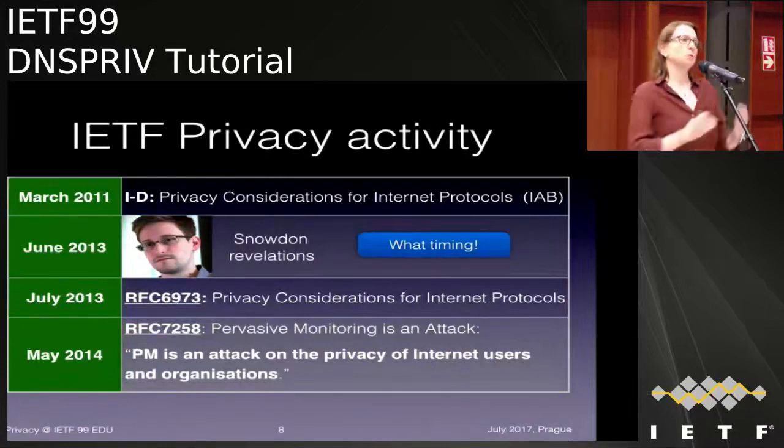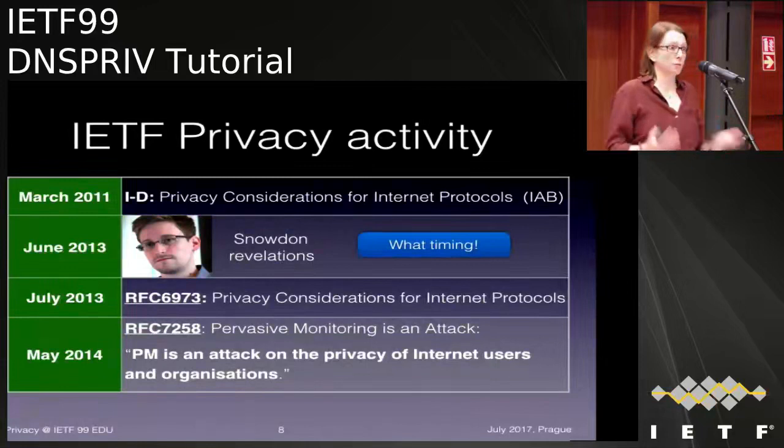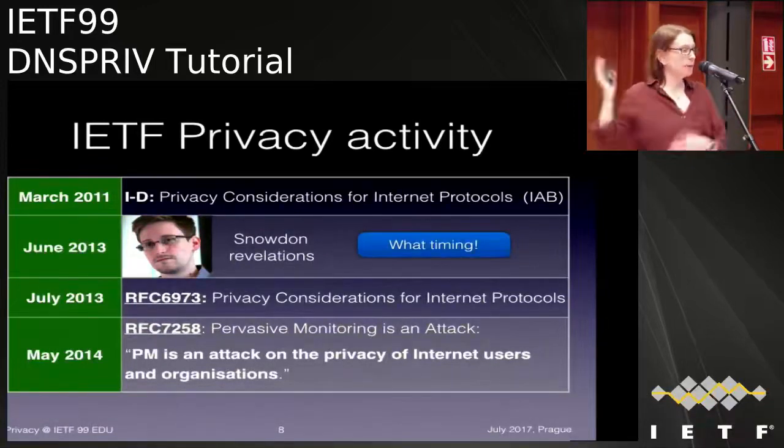The goal of this document was to create a foundation for adding a privacy considerations section at the end of every document to show that the development of that protocol had taken privacy into account. Now, being the IETF, it took a couple of years to get it to be an RFC. And the month before this document was published, a chap you may have heard of called Edward Snowden revealed what the NSA had actually been up to